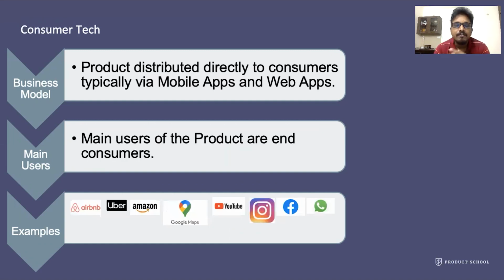Right, now let's define what is consumer tech. Consumer tech, as you know, is typically a product that's distributed directly to consumers via mobile apps or web apps, right? So the main users of your product are the end consumers, right? So various apps like Airbnb, Uber, Amazon e-commerce, Google Maps, YouTube, Facebook, all these actually come under the definition of